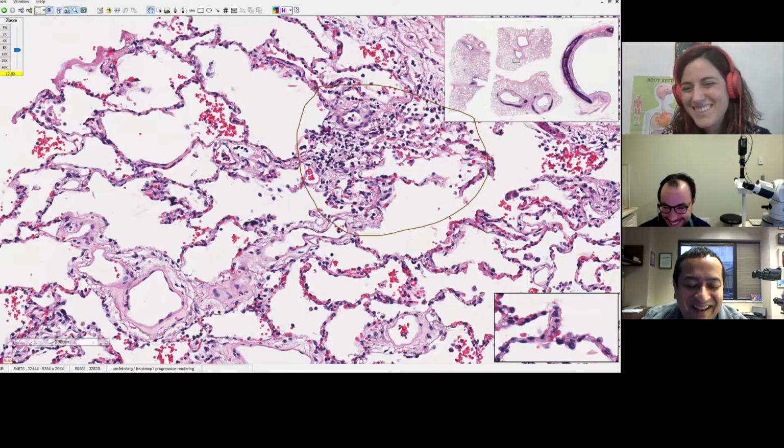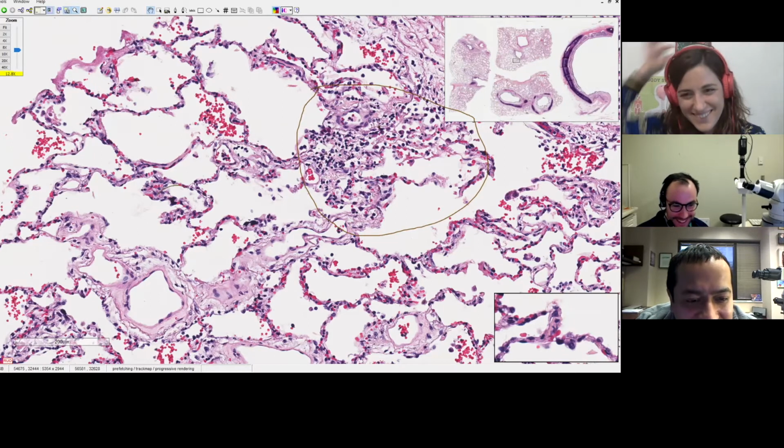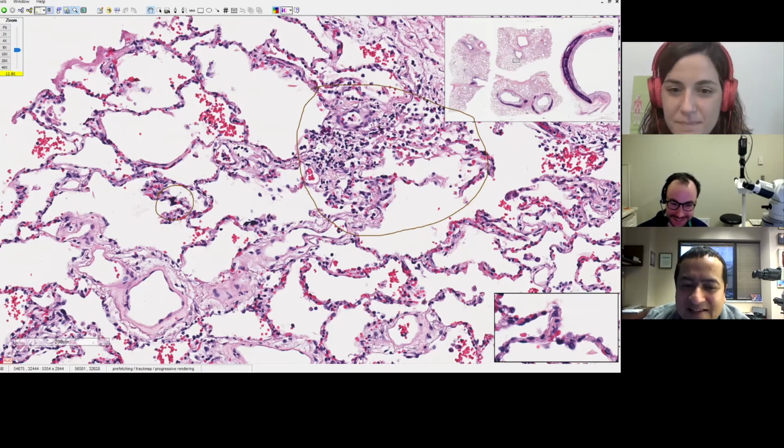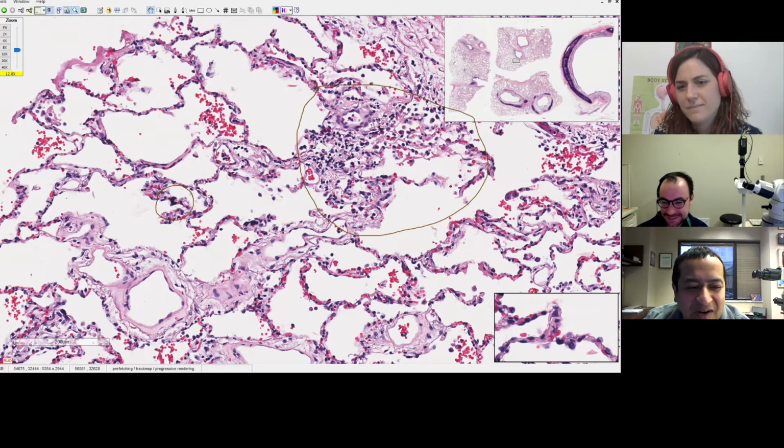I don't get that. Oh, one interesting thing I did see in these cases, which I don't know if that's just an artifact, is these megakaryocytes. I've seen some of them being very prominent, but I don't know how specific that is. I bet if you see 20 autopsies, 10 of them will have prominent megakaryocytes. But people have mentioned in the literature that you can get prominent megakaryocytes in these COVID